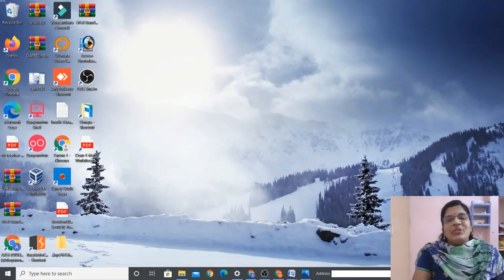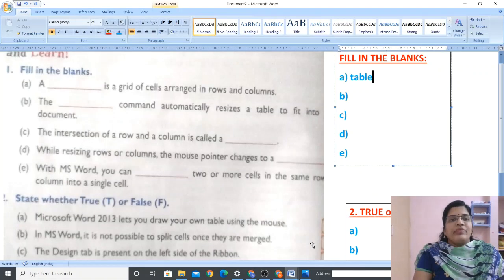Students, now let us do the exercise questions in your textbook. For the same, all the students, please take your textbook and go to page number 50. So let me take your exercise page. Okay. So take a pencil also. Now all of you look at the screen. Do not look at your text. Look here. Fill in the blanks.